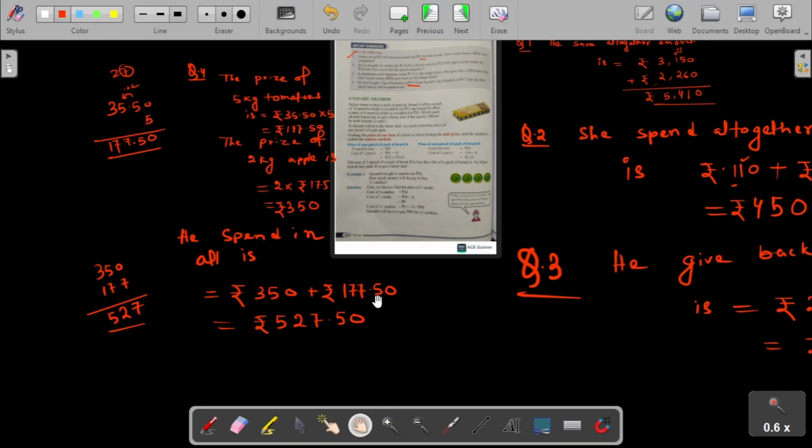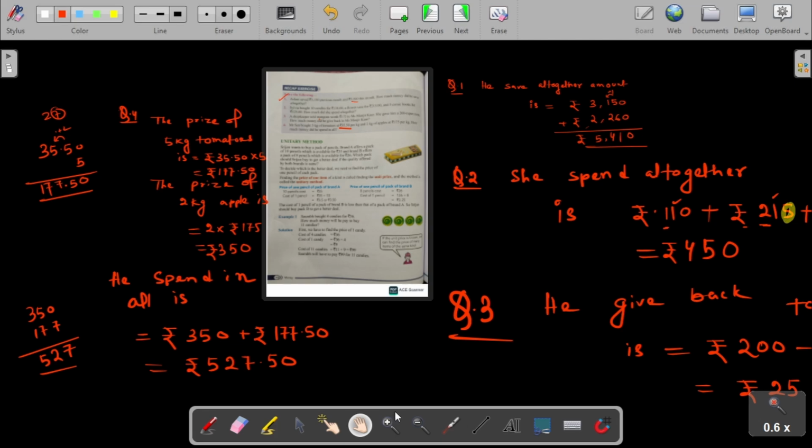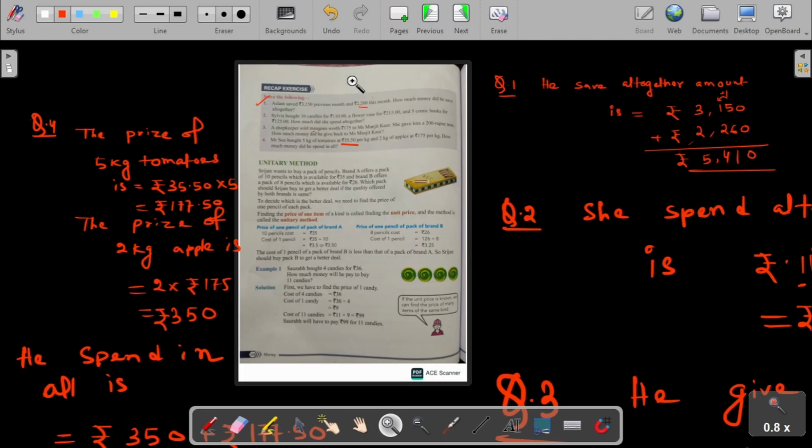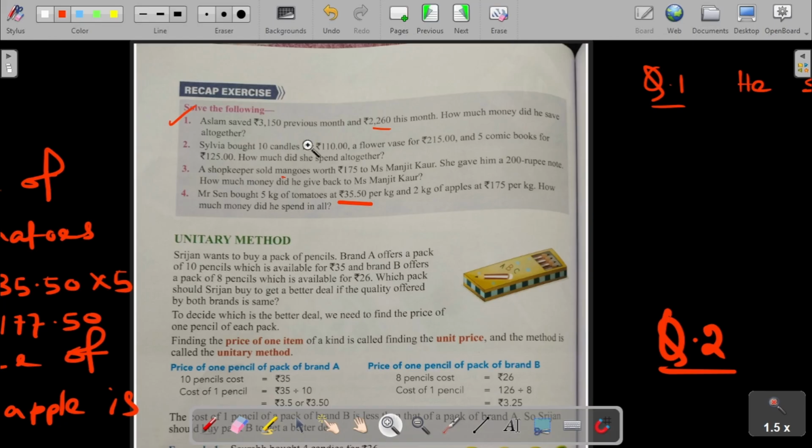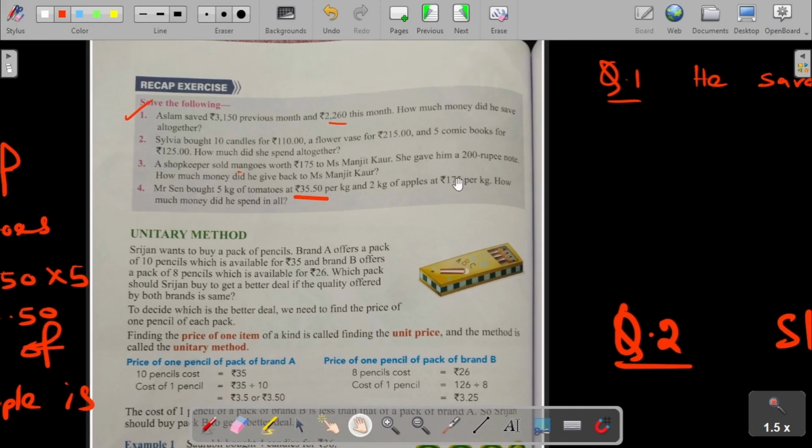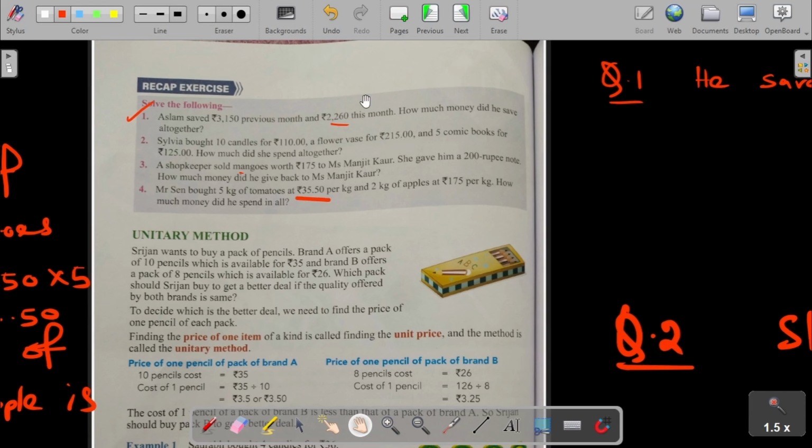So these are the problems of recap exercise. এগুলো কি recap exercise এর মধ্যে ছিল আর আমরা সব প্রবলেম গুলো করে নিলাম। তাহলে প্রথম প্রবলেমটাতে আমাদের যদি প্রিভিয়াস মান্থে এত টাকা সেভ করে এবং এই মান্থে এতগুলো সেভ করে তাহলে টোটাল অ্যামাউন্ট, তাহলে দুটো যদি অ্যাড করে দিই তাহলেই পেয়ে যাবো আমরা। নেক্সট প্রবলেমটাতে কি বলেছিল? দোসরা ক্যান্ডেলের দাম যদি এতটা হয়, ফ্লোয়ার বেসের দাম যদি এতটা হয়, আর 5 কমিক বুকস এর দাম যদি 125 হয় তাহলে হাউ মাচ মানি ডিড স্পেন্ড। তাহলে সবগুলো যদি আমরা অ্যাড করে দেই 110, 215, 125 উইল গেট আওয়ার অ্যান্সার।